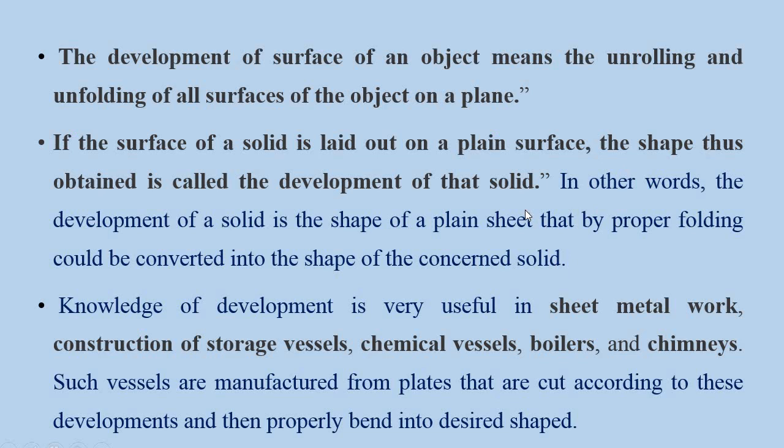That means, for example, you take a rectangular piece of paper, you fold it, what you will get? You will get a hollow cylinder. If both the bases are covered by means of a circle, it will be a solid cylinder. Think about the reverse process. You cut that particular cylinder, separating the circle and cutting along the lateral surface. You unfold it. What you are getting? You will get a rectangle.